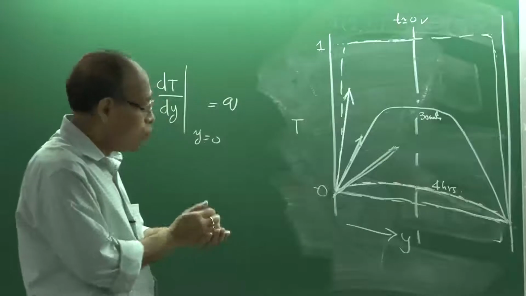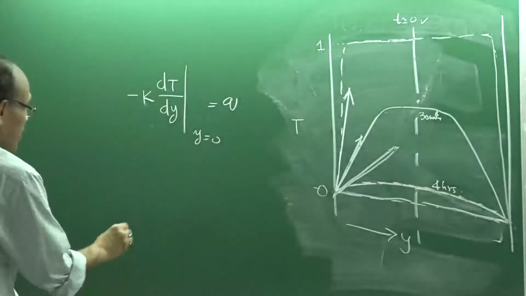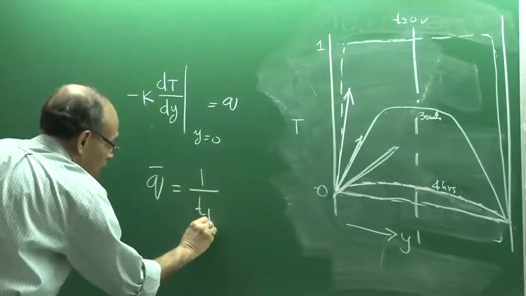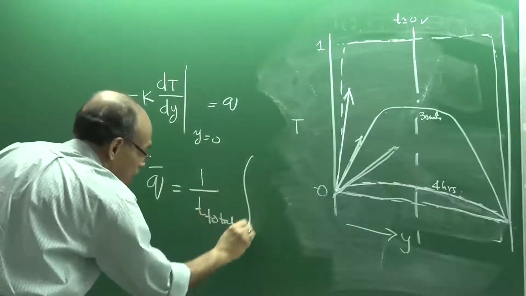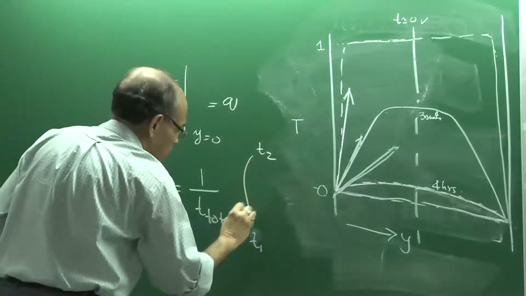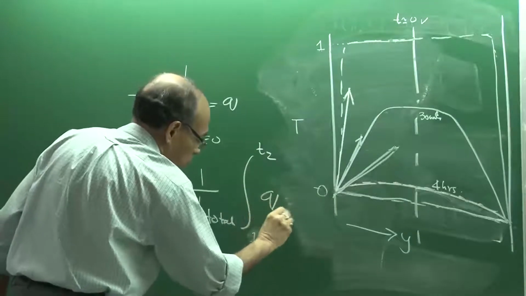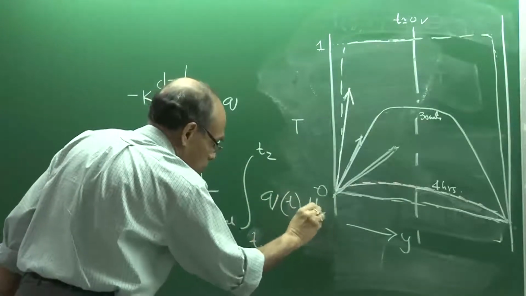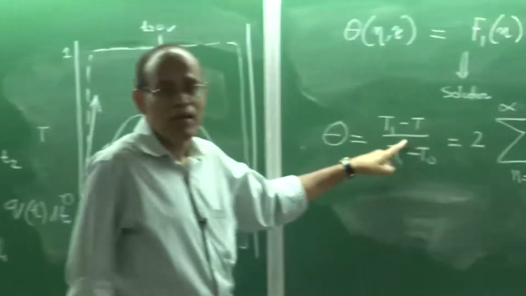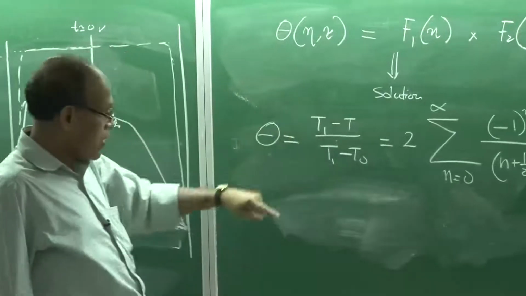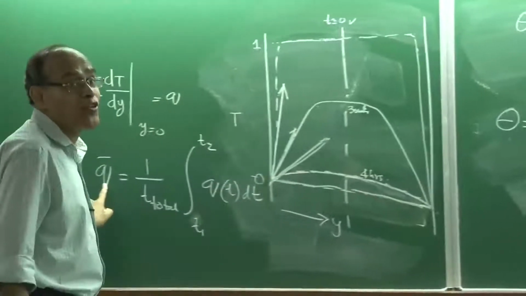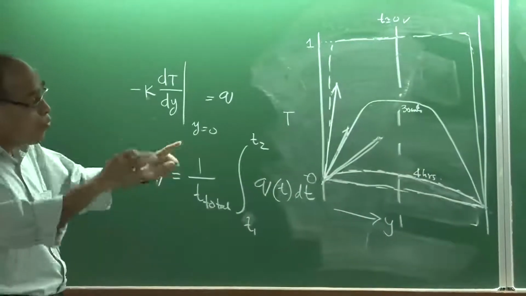okay, but if you want to find out a total heat flux, in that case the average heat flux is to be determined in terms of what we call a time averaging of the heat flux, between T equal to T1 and T equal to T2, and this is Q, which is a function of T. So, if you differentiate this particular term for long time or short time, you should be able to find out the derivative, multiply it with k, and then you can get an instantaneous term which will be in terms of